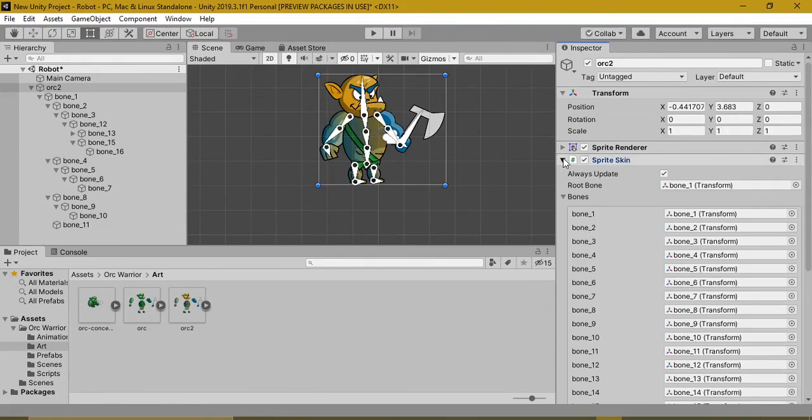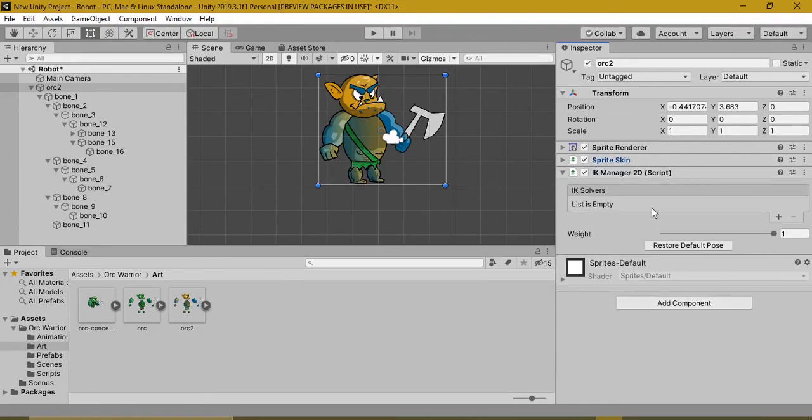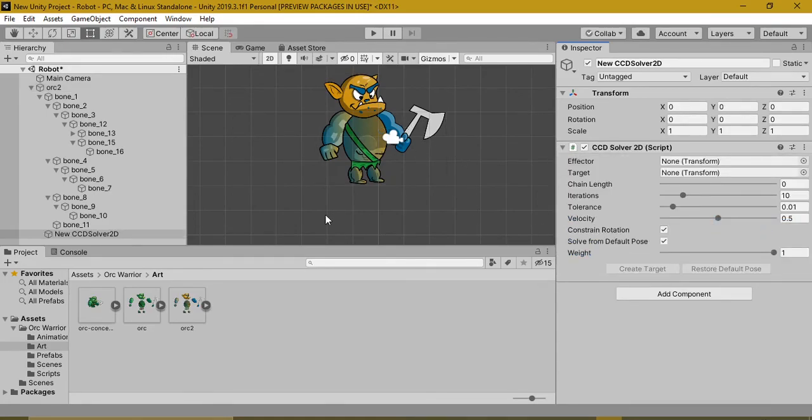I'll click on IK Manager 2D and I'll add a solver. Now there are three kinds of solvers: chain, limb and another chain. I'll go with the first chain, and a chain can have multiple bones in one chain. If you have a limb, you can only have two bones.